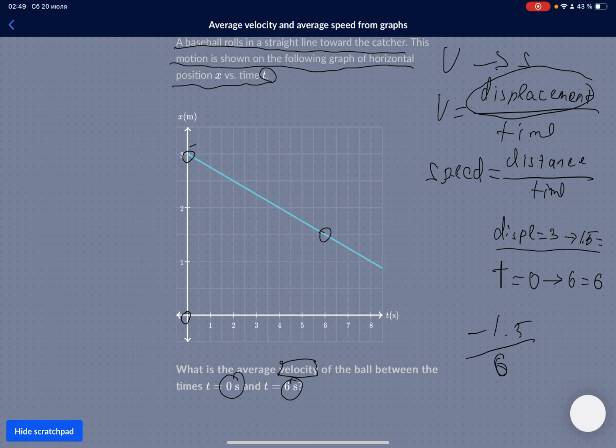So that means that we can have a negative number because it's asking for velocity and our displacement is negative. It's pretty much equal to